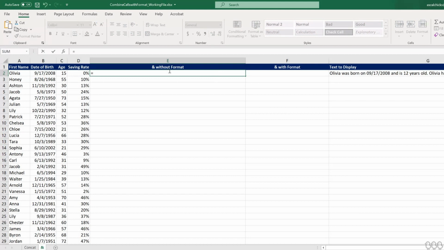Okay, start with equal. I'm going to select my first name cell, A2, and then I'm going to do my ampersand, my and, and I'm going to specify that I'm entering text.